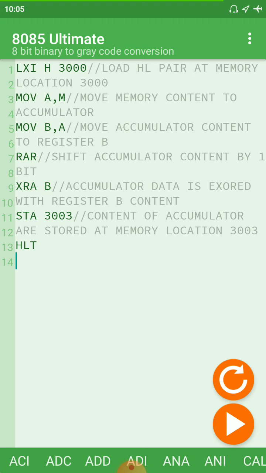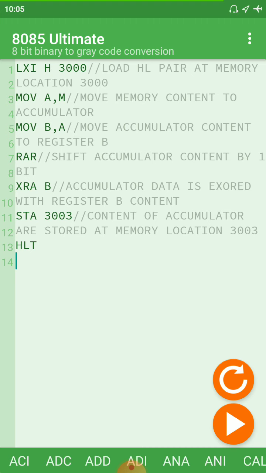This is a 3 byte instruction. And the next instruction is move, then those memory contents to the accumulator. Okay, and again move these accumulator contents to a separate register B, so that we can use it in our program. So we stored the accumulator content also in register B.